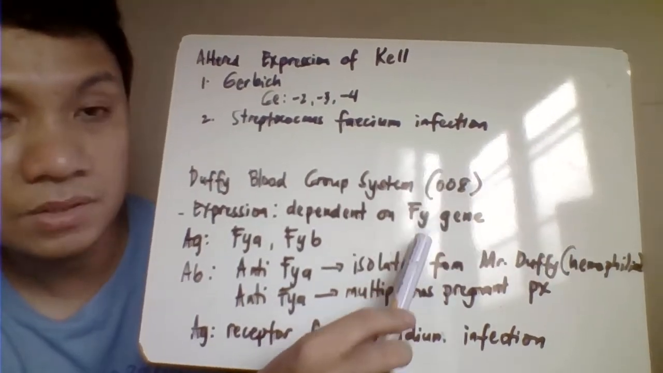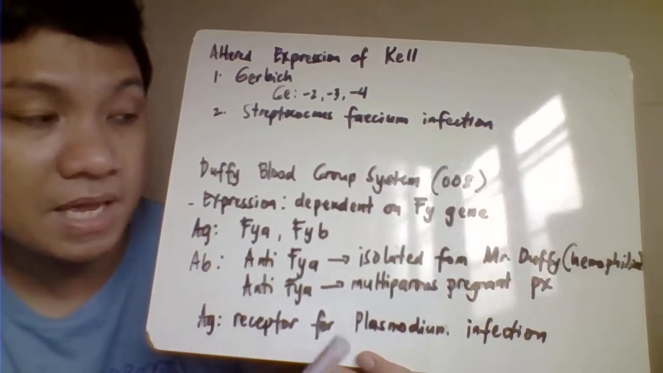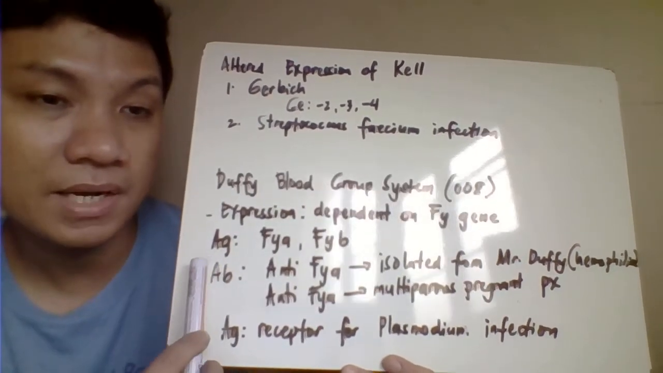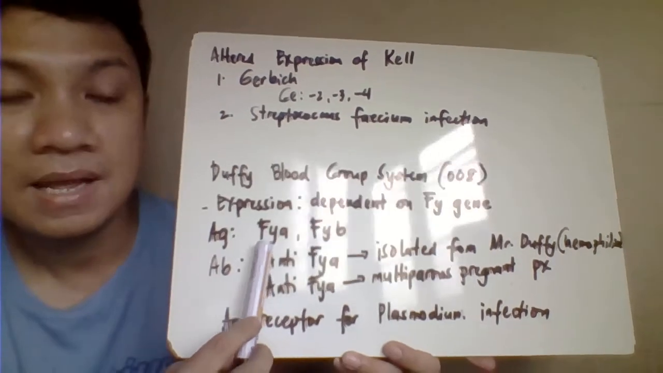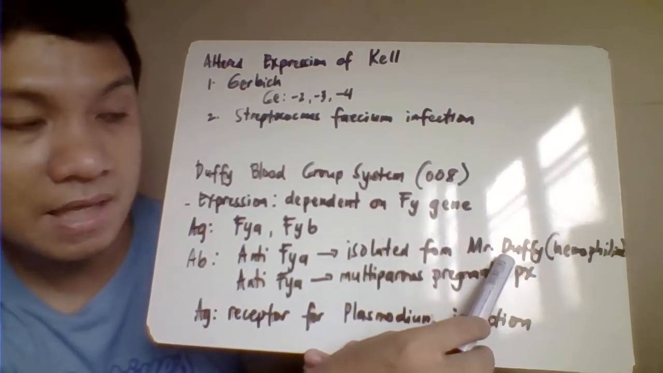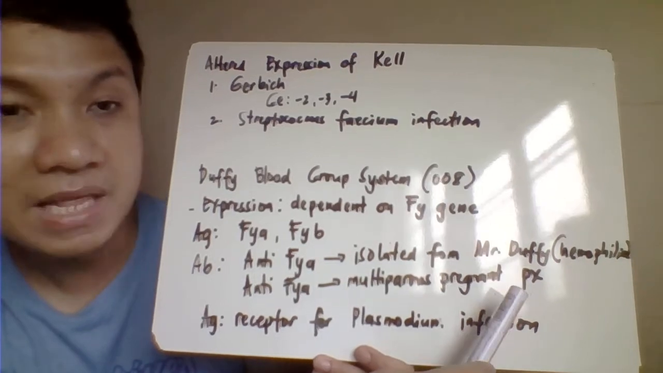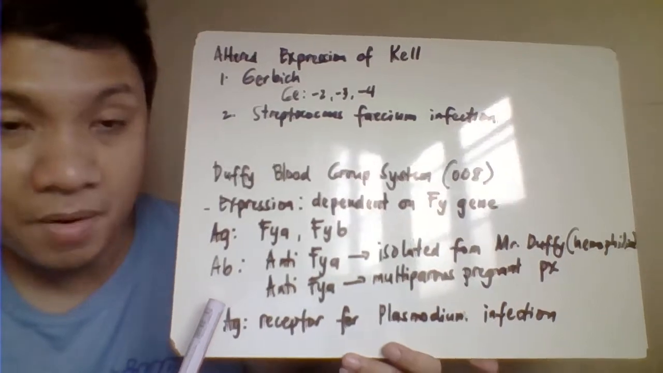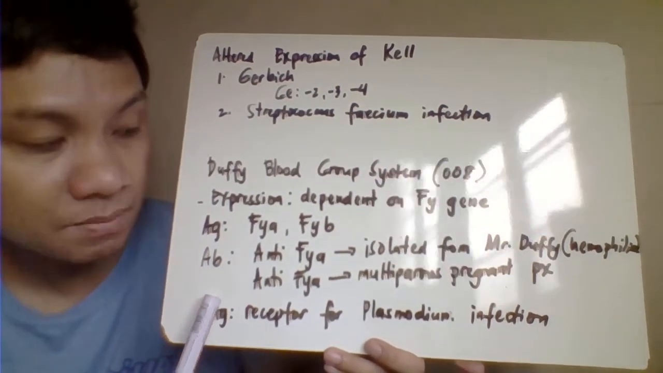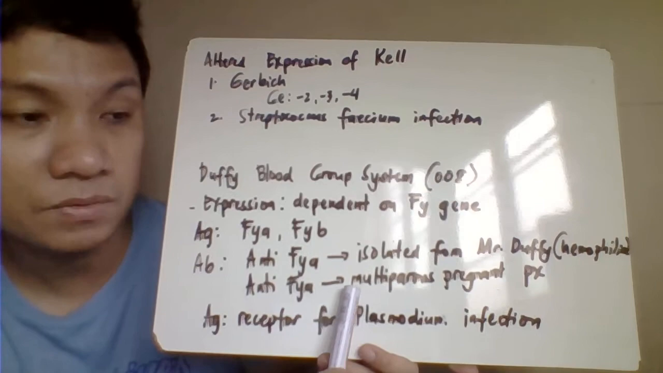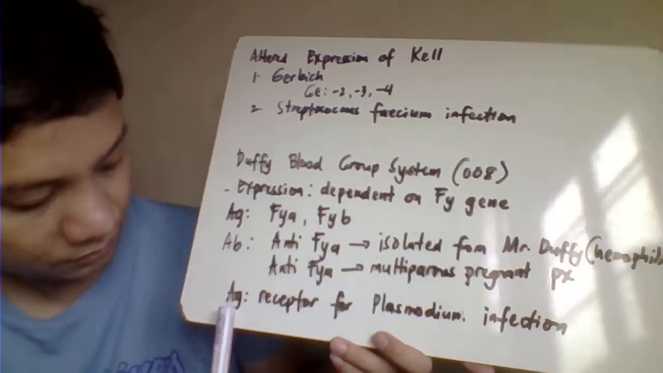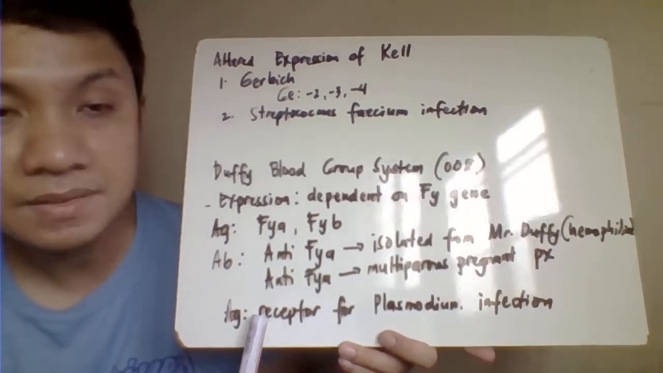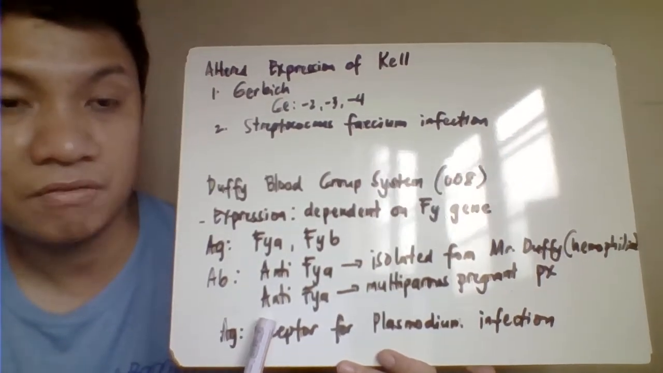If you do not have this, that results in FYa negative, FYb negative. Okay, antibodies related to anti-FYa were first isolated from Mr. Duffy, a hemophiliac patient, that is why it was named the Duffy blood group system. The counterpart antibody, anti-FYb, was identified in a multiparous pregnant patient. And basically, your Duffy antigen is used as a receptor for Plasmodium infection for the invasion